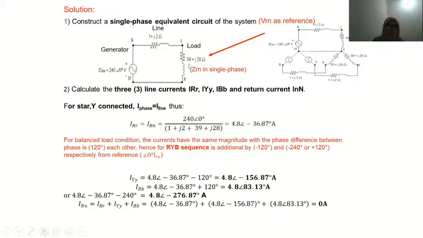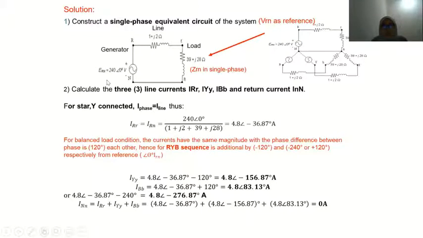You just take 39 plus j28 ohms, and the line impedance is 1 plus j2 ohms, and the generator phase voltage, your ERN, is taken as 240 angle 0 degrees as your reference for the R phase